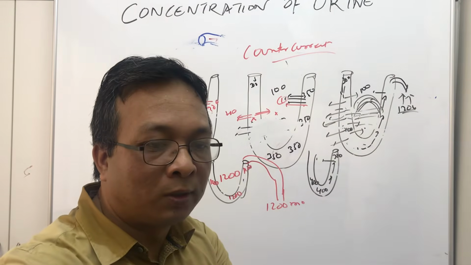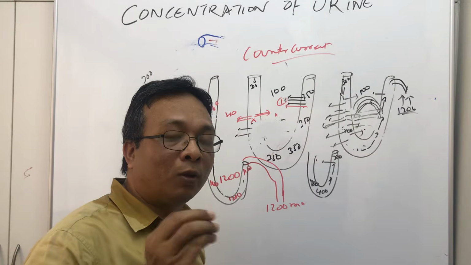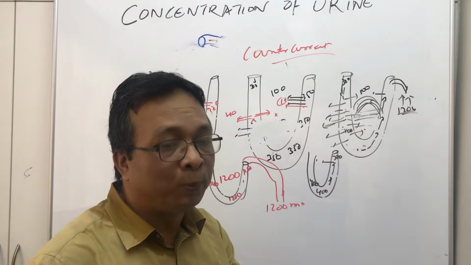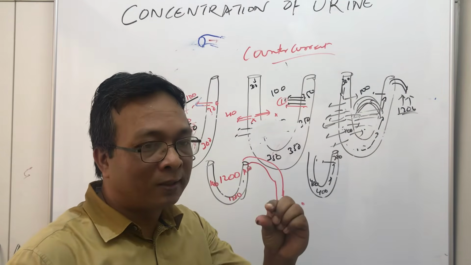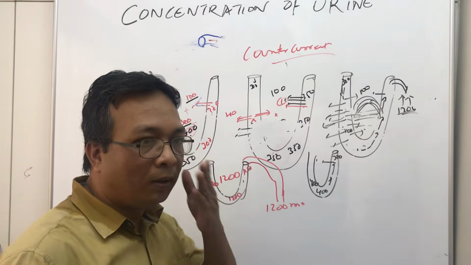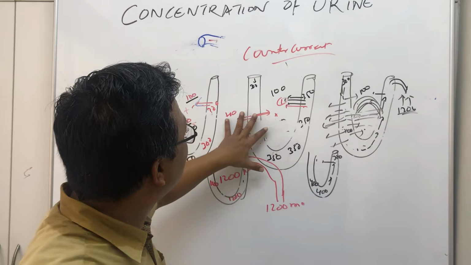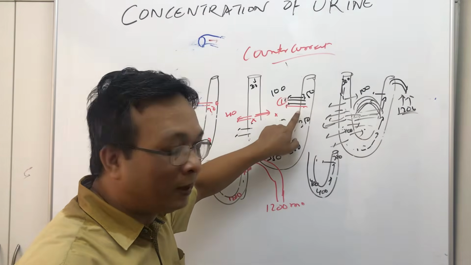1200 milliosmoles means 1200 milliosmoles per liter, which means it is super duper concentrated urine, where fluid is less and solids are more. So whenever any dehydration-type condition starts, our body starts this countercurrent mechanism by igniting the